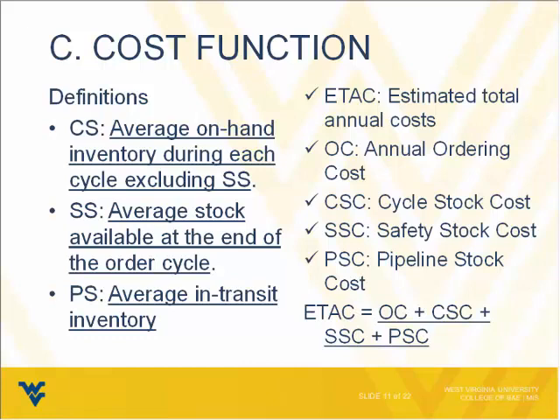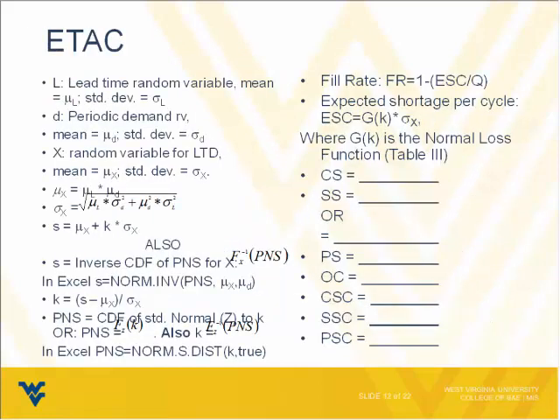So our estimated total annual cost is going to be, and we've seen this already, the sum of the ordering costs, our cycle stock costs, our safety stock costs, and our pipeline stock costs. We put that all together to get our estimated total annual cost. So, in order to calculate our estimated total annual cost,